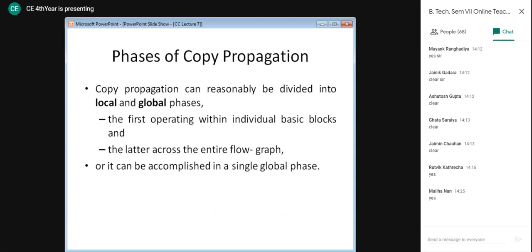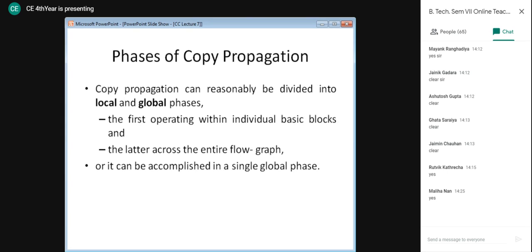So now, just like common sub-expression elimination, copy propagation also can be divided into local and global phases. Local, you will definitely understand that we are talking about a single or individual basic block, and global, we are talking about the entire flow graph. Also there can be a technique in which copy propagation is accomplished in a single global phase.